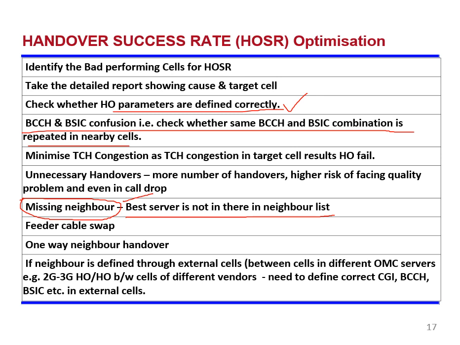Maybe if a one-way neighbor problem also will be there, feeder swap, I have discussed it. One-way neighbor handover: maybe on one side, in one BTS the other cell is defined, but in the other BTS the first BTS or the cell number is not defined, so it will be a one-way neighbor handover. Only one side handover will be there; on the opposite side it will not be taking place.